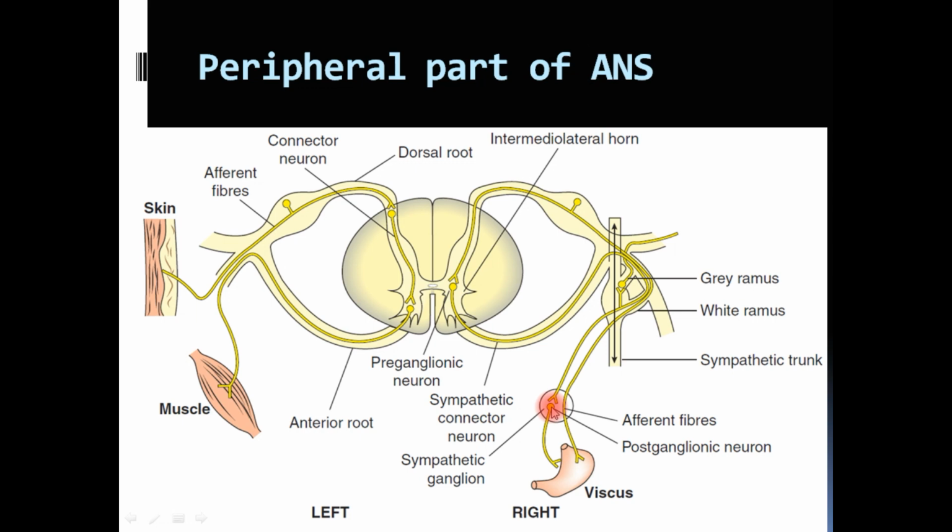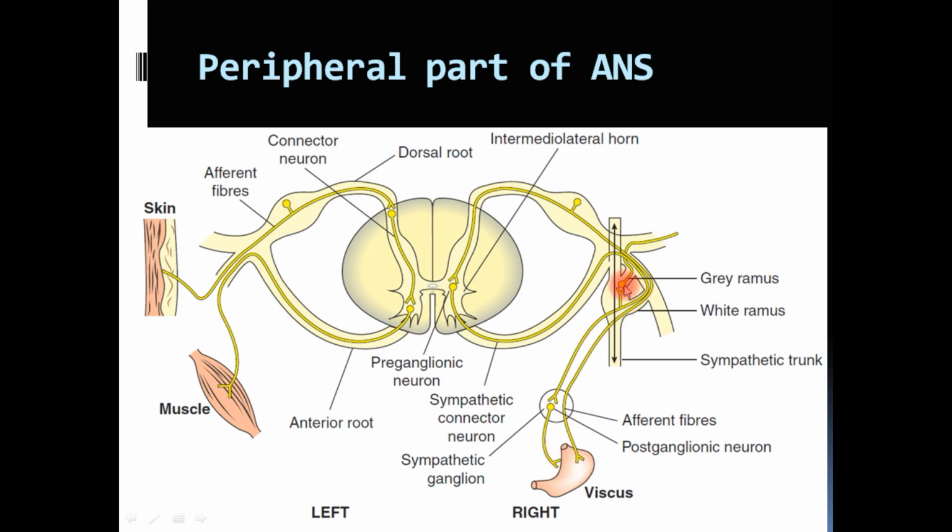From there arise the post-ganglionic fibers or post-ganglionic neurons, which then supply the organ. As you can see here, the post-ganglionic neurons arise from the ganglia and then they are supplying the end organ. In case of the